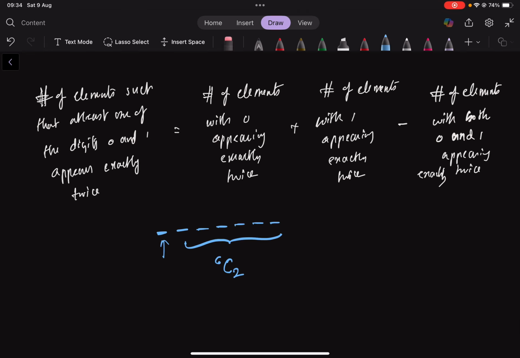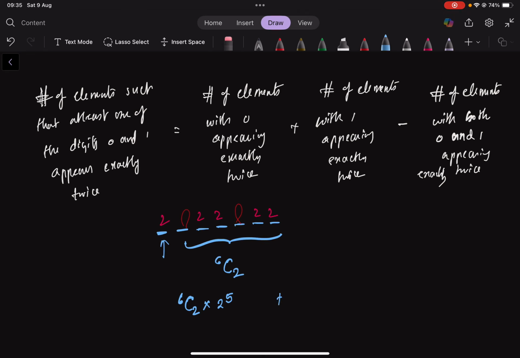In the remaining 5 places, we can keep any of the values 1 or 2, because we can't keep 0. For example, if I am keeping 0 here and here, the rest will have 2 possibilities each, because each can take either 1 or 2. So in this case we have 6C2 into 2 to the power 5 ways, plus,